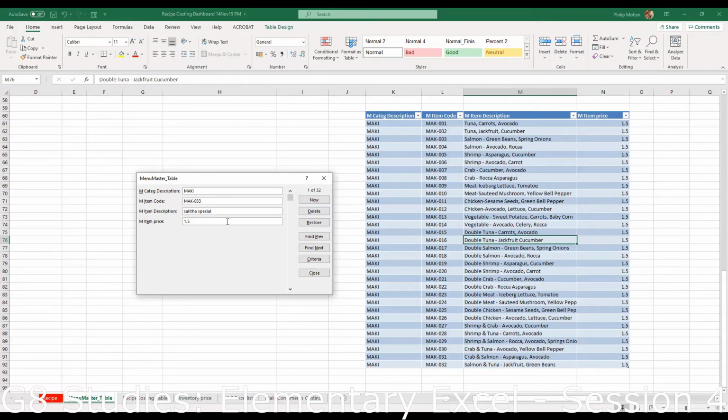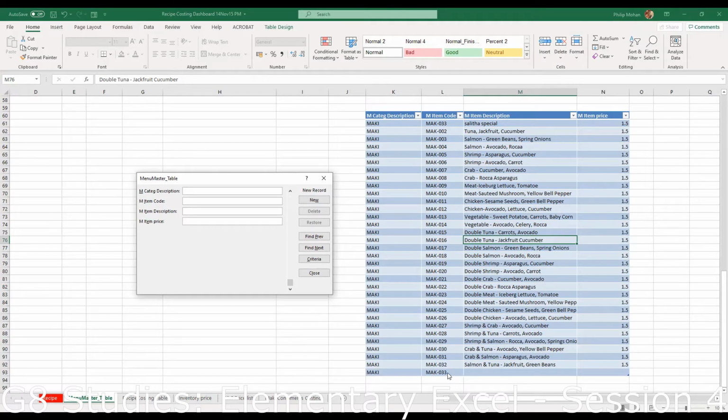So you can either press enter or press New. Okay, did it get added? No, it didn't get added. What happened? Oh, no, sorry, I got to press New first. Okay, then click marquee and item code A033. Oh, okay. So I should not have pressed enter, but it's added here if you notice.